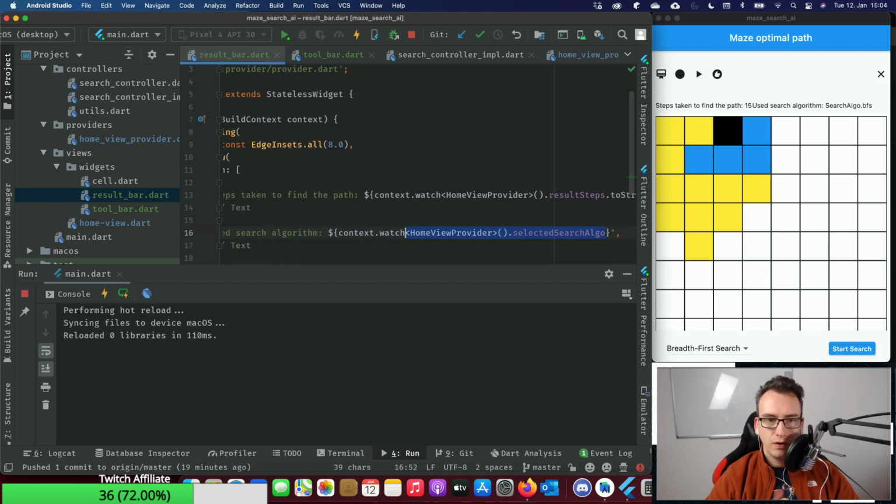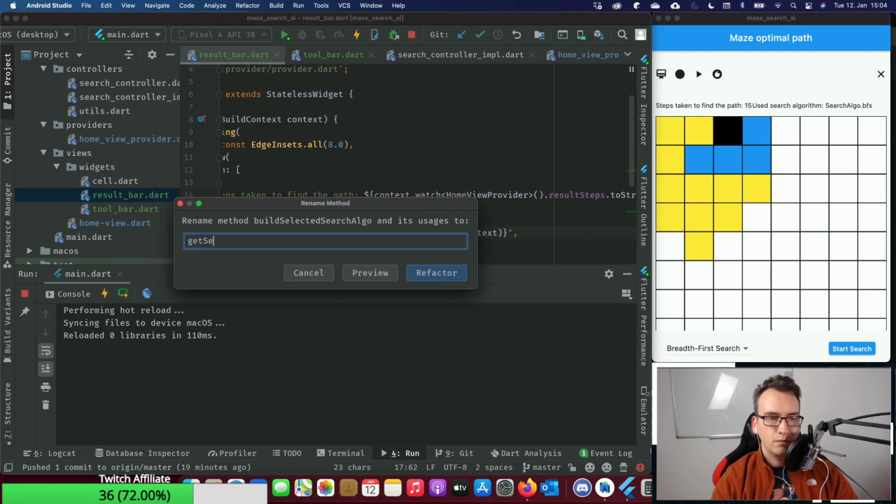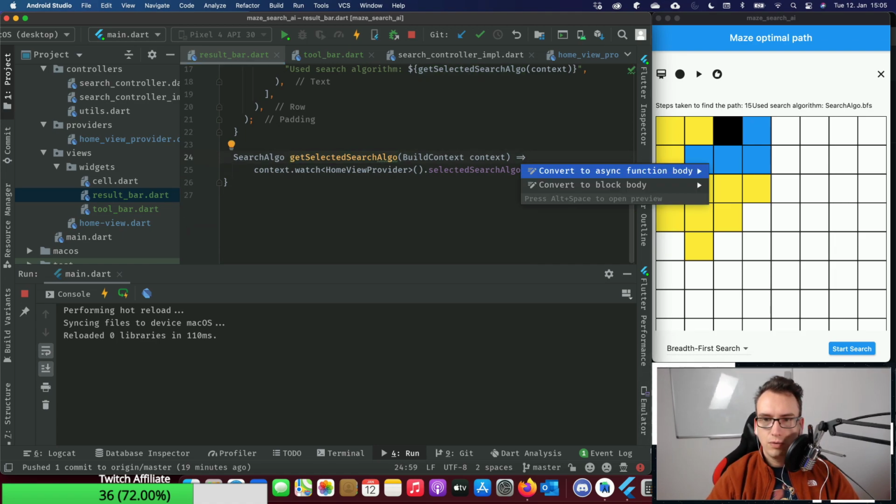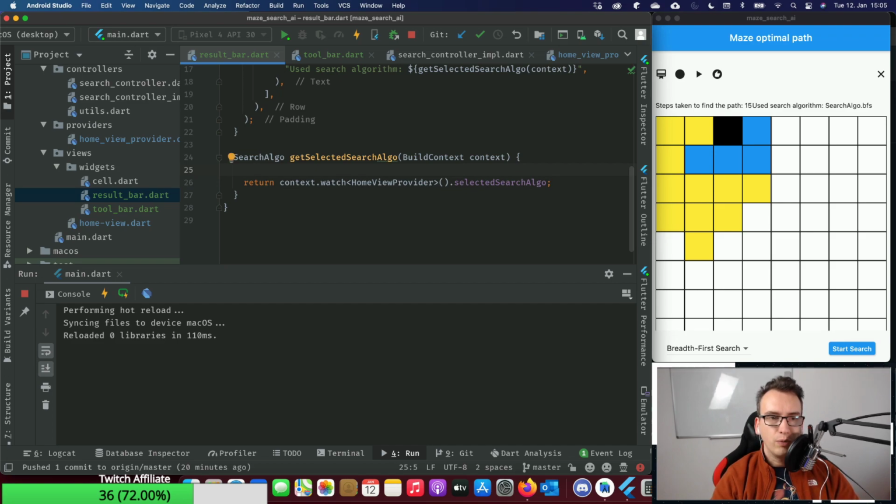Because this is not really a good text with search algo.bfs, we will have to use that as a method. And here inside, we would have to convert to a block, decide which search algo and what we want to return.